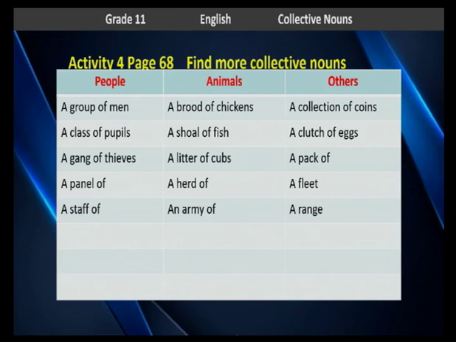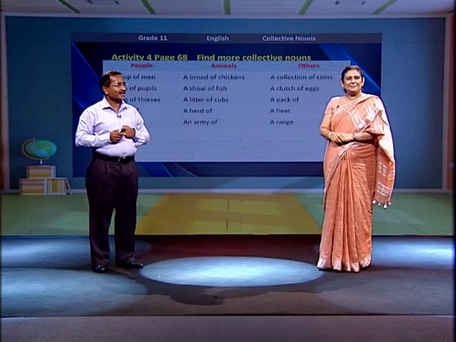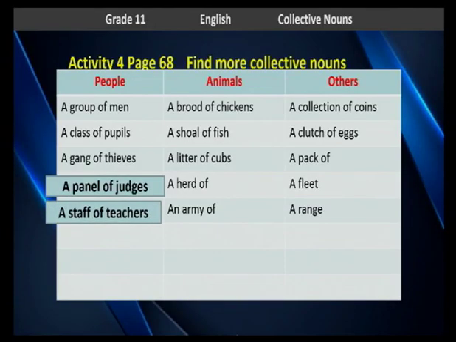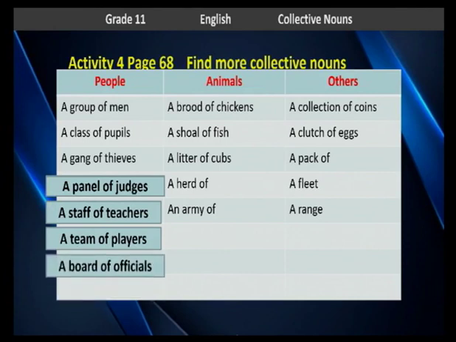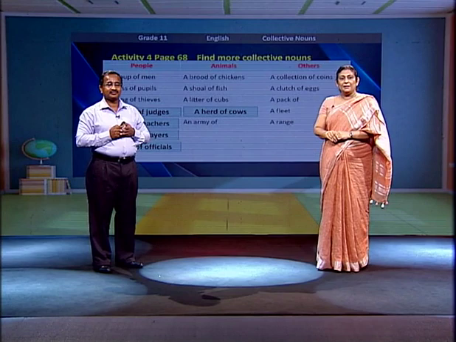I think the children are ready by now. Yes. 1, 2, 3, 4. A panel of judges, a staff of teachers, a team of players. Can you tell me some more phrases with collective nouns? A team of players, a board of officials. Let's have a look at the animals. A brood of chickens, a shoal of fish, a litter of cubs. What about the next? A herd of cows,